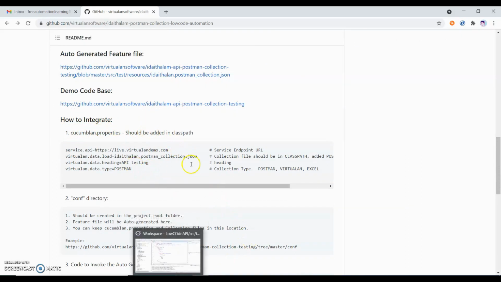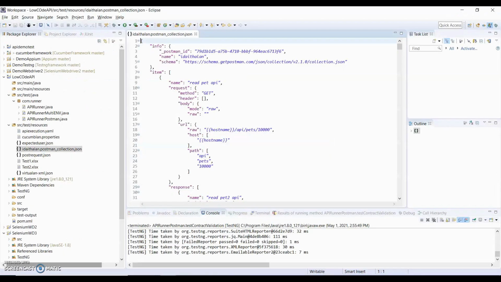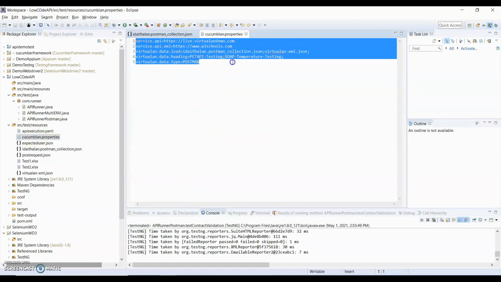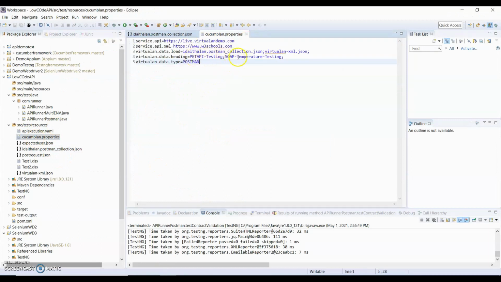I already created this property file, and they mentioned the service endpoint, the collection file name, and what type you are using. I'm using Postman, so I provided Postman. Let me open the property file which I already created. You can see I created the properties here, with all this information.